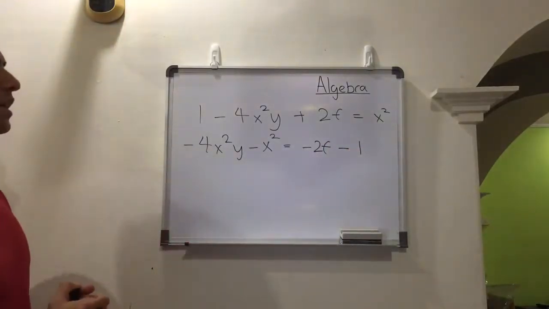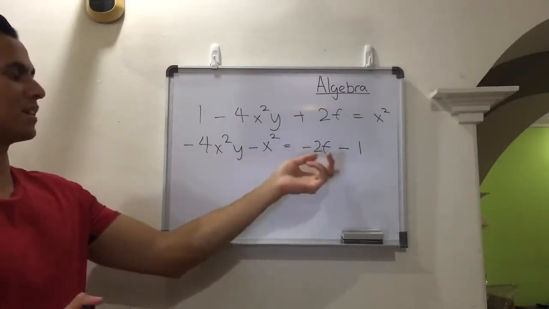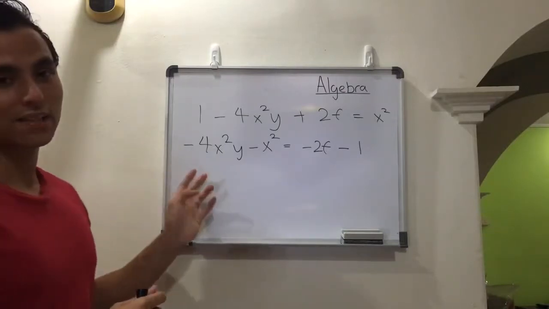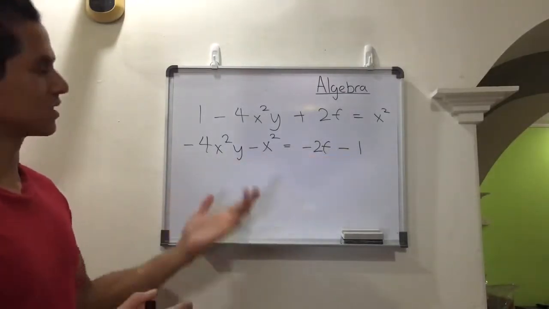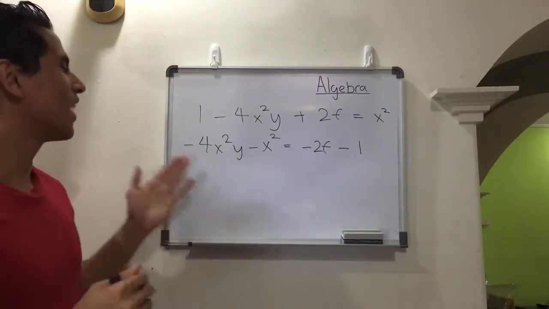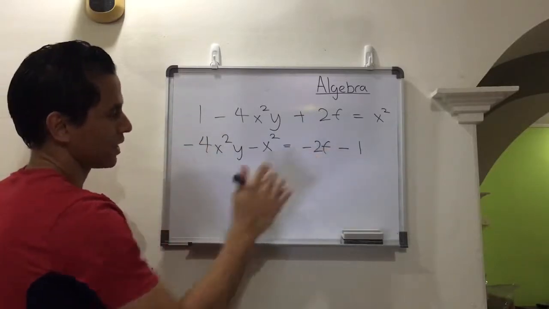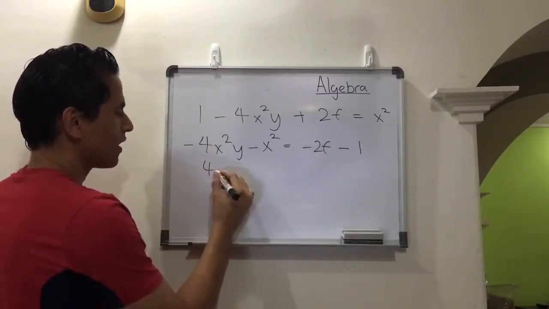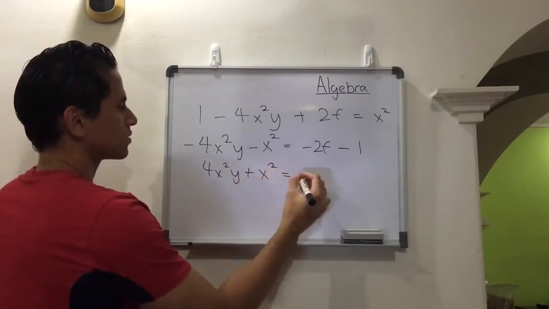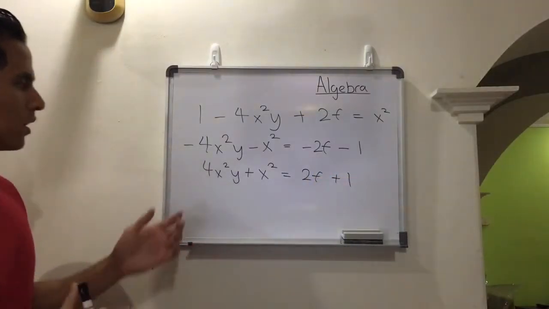Okay? So I realized that, hey, actually in this question, everything is negative, right? So we can actually do one thing. We can multiply by -1 on both sides of the equation, because maybe let's say I'm a particular person who doesn't like to deal with negatives. So I'm just going to multiply by -1 on both sides of the equation. Therefore, I just get 4x squared y plus x squared equals 2f plus 1. Okay? So now at this stage,